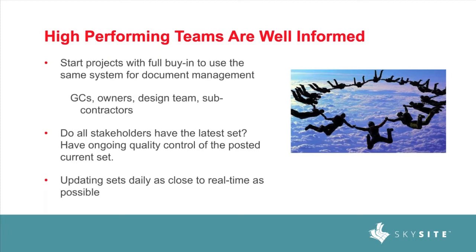Yes, absolutely. Again, having that uniform way of being able to manage all that. For example, the latest sets of project docs, right? Your latest set of drawings. Who has access to that? Do the subcontractors utilize that? Are they maintaining their own set? Is the CM on the job maintaining their set? And then the owner, what do they have that they're looking at? So trying to have a place to have everything in one location